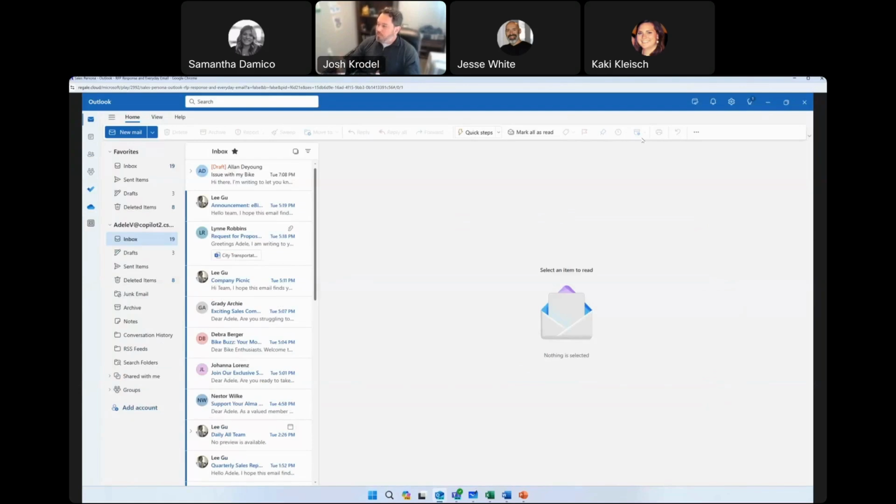So we can see here that our inbox is very busy. The city transportation department has reached out to us requesting a proposal. They'd like a fleet of our e-bikes and a support contract to go along with it. So we will